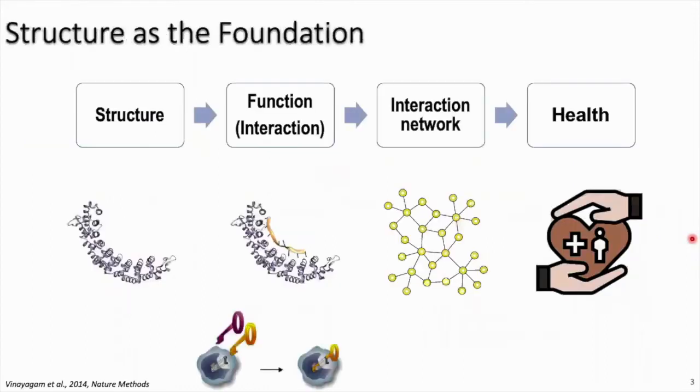So understanding the biomolecular structure and function can serve as the foundation for understanding people's health. After folding into the high-order structure form, different molecules can interact with each other to perform their particular function. A lot of such interactions can form into interaction networks, which can serve as the foundation for important biological processes. All of those interaction networks in our body can jointly determine our general health condition. So to understand and improve people's health, it's critical to first understand the biomolecular structure and function.